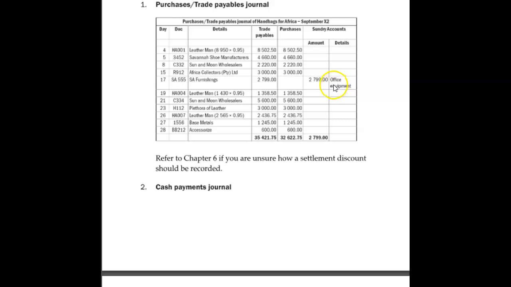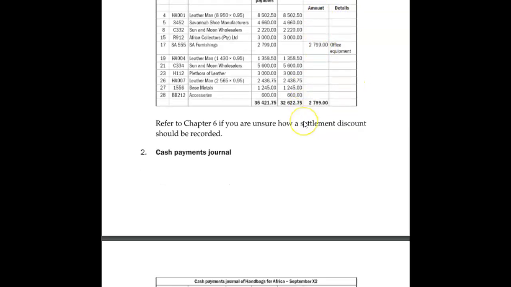So I can put my 100 Rand here and I can put equipment. So always when you're putting the amount in the purchases journal, you put the amount of credit over here, always, no matter what. But then all the rest of the columns say, okay, what is that amount for? Is it for purchases that you did? Okay, then put it here. But if it's not for purchases, then obviously there's no other account, so make your own account, and therefore you put it over here.